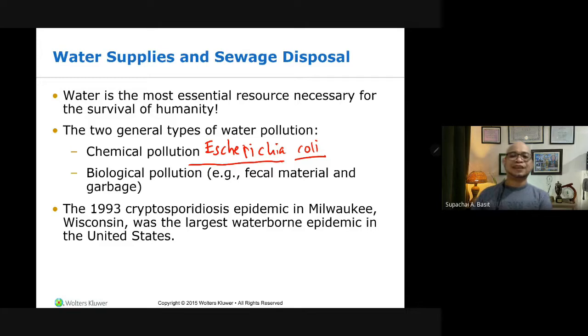So in 1993, there was this cryptosporidiosis epidemic in Milwaukee, Wisconsin. And this was one of the largest waterborne epidemics in the history of the United States. So cryptosporidiosis is caused by a protozoan known as